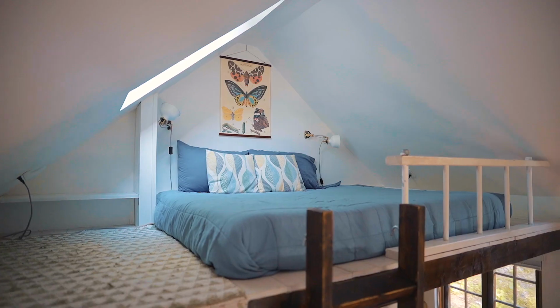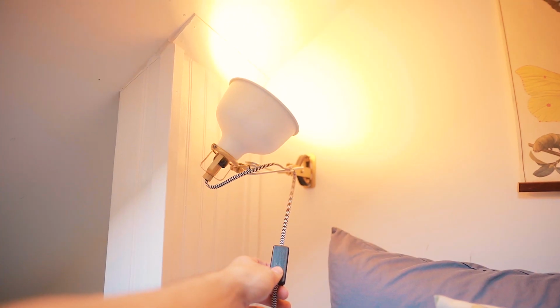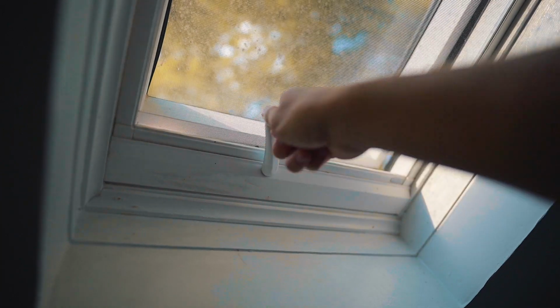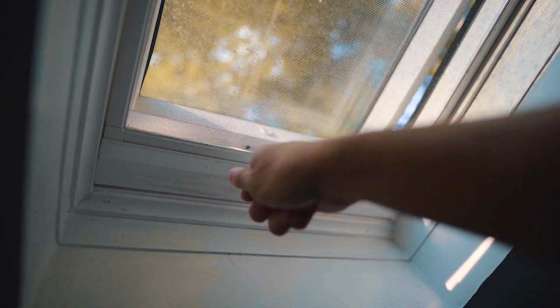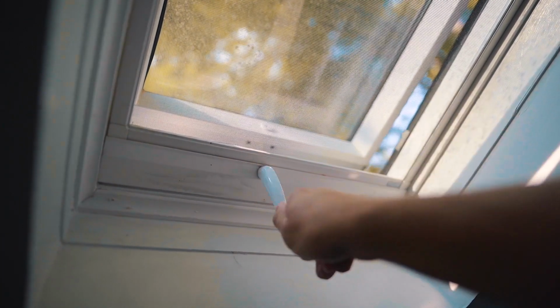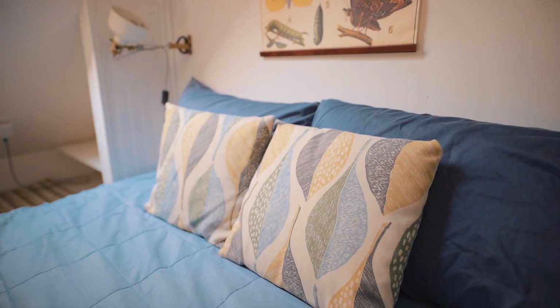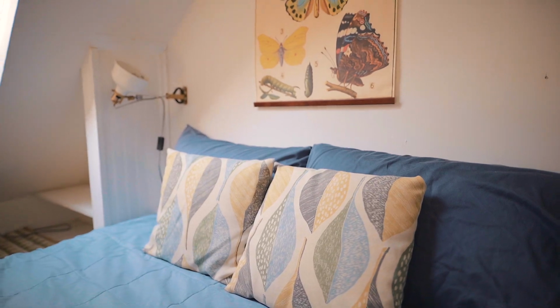There's also 2 lights up here, one for each person if they want to read at night or something. Also, it's lit up by this huge window in the ceiling, and that really lights up during the day. That whole loft area, if you want to, is able to be open for those nice summer nights if you want to